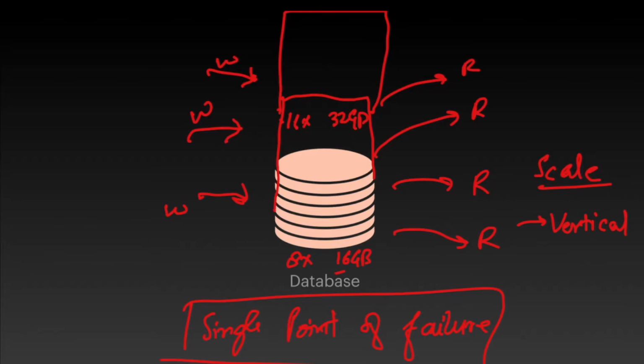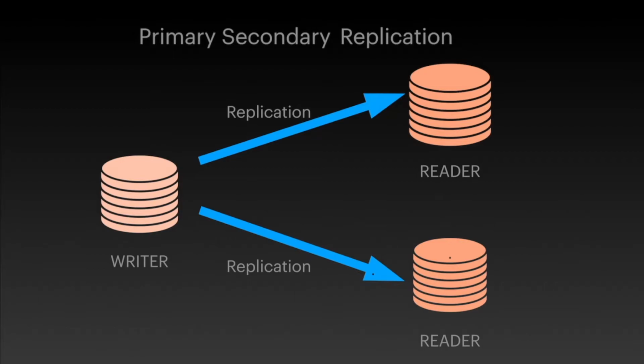So there's another approach we can use here, that is horizontal scaling of the system. What does horizontal scaling mean? Let's take an example. Here is an example of a primary secondary replication. We can also call it a master slave replication or a reader writer replication. Here, instead of increasing the resources on a single machine, we have increased the number of machines. Earlier there was one big machine that was handling all the reads and writes.